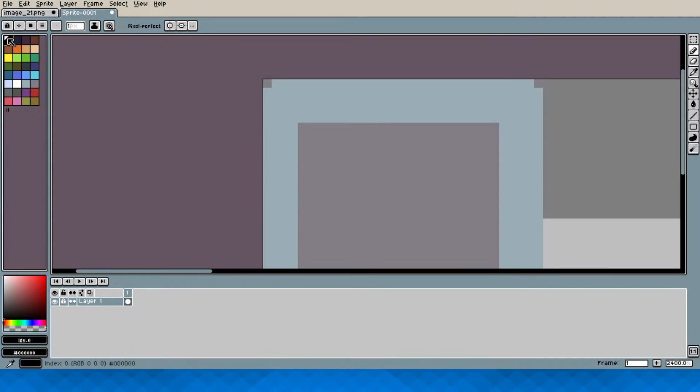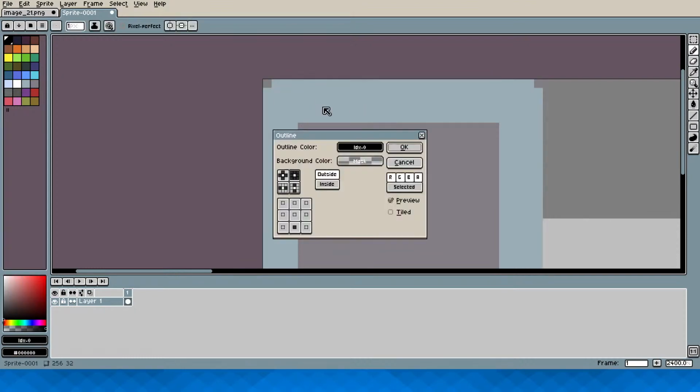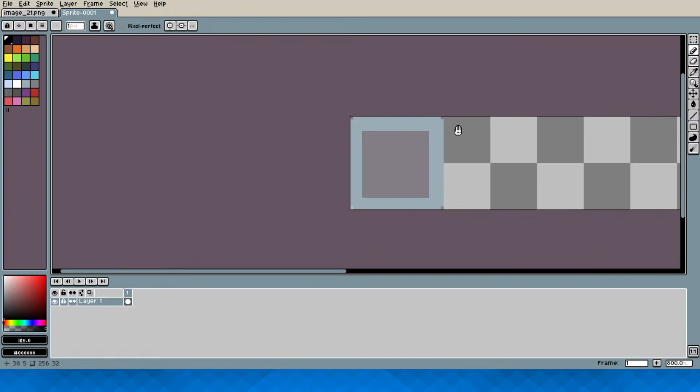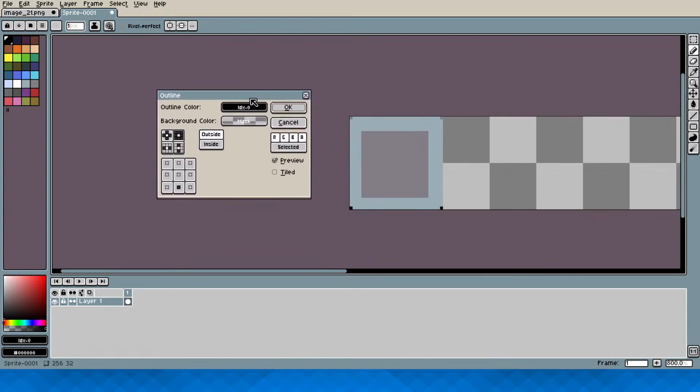Because, well, in the end I'd like to use these. Actually, I should have a black outline, that seems better. Or a dark outline, at least. I don't know if I should use this, or if I should use this. I think I'm just gonna use the pure black. Let me do an outline. Should be inside, and that does not look correct. That does not look right.